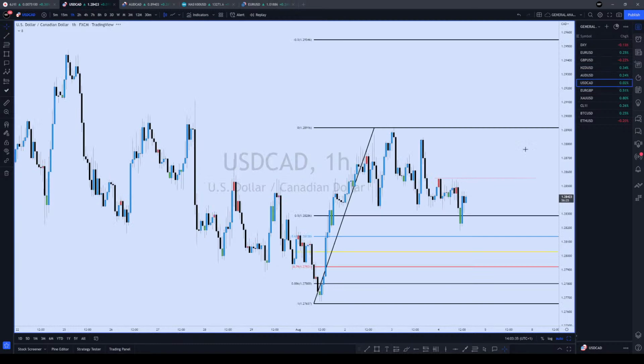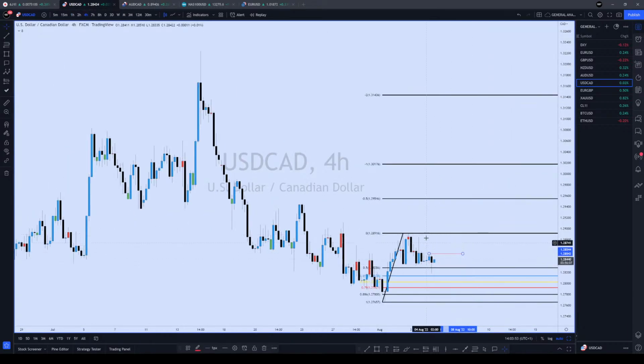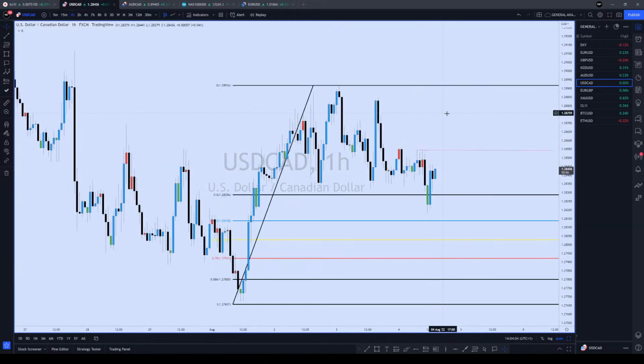Dollar CAD, I don't have anything on that, but it missed OTE on this. I was anticipating that as a level for them to hit and go up. If they do make a new high on the H4, it will create a potential OTE in future that can be used. So wait, let it go above this high, and then that will create a potential OTE for the future. Okay.